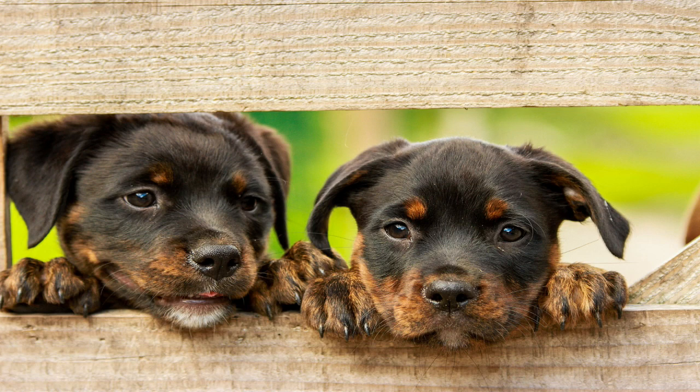Potty training a puppy can be a daunting task, but with patience, consistency, and positive reinforcement, the process can be made much easier. The key to successful potty training is to understand your puppy's natural instincts and work with them, rather than against them. The first step in potty training your puppy is to establish a regular schedule for feeding